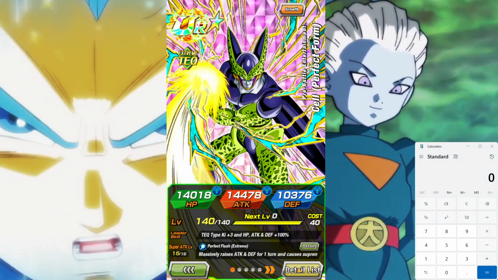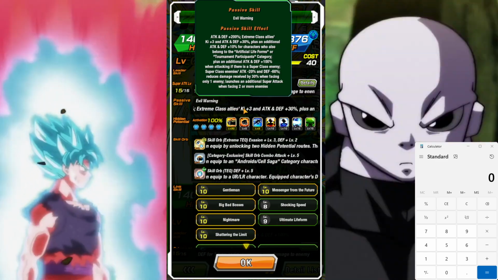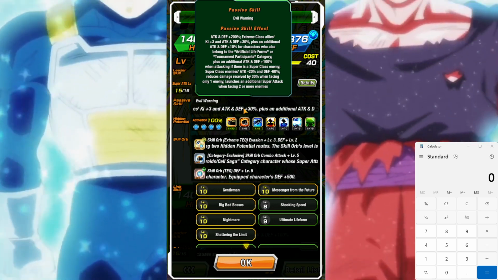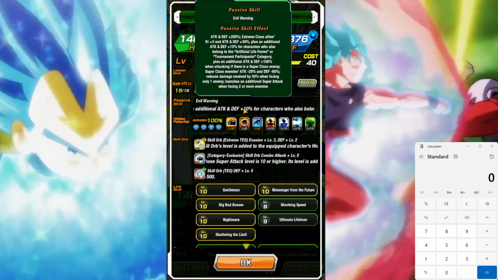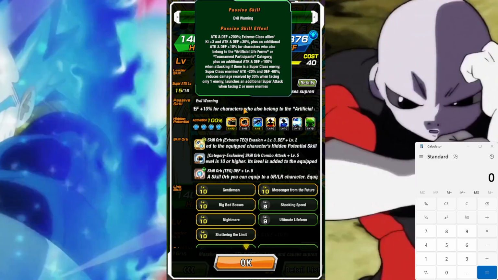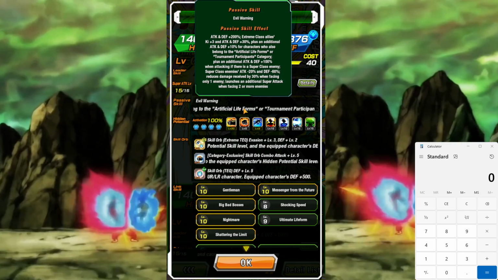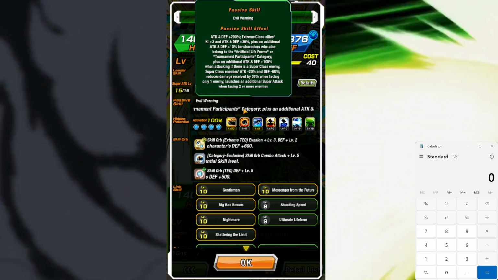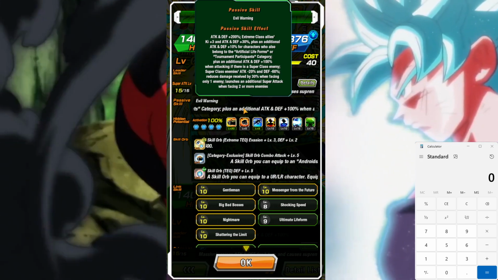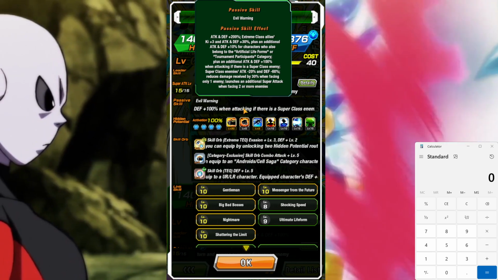Now, Cell, real quick, let me go over this. He gets 200% to stats. He supports 30% and then 10% to artificial life forms or tournament participants, so he's getting 40% to himself. He gets another 100% to stats when he attacks a superclass enemy, and he gets 30% damage reduction when facing one enemy only. Launches an additional super when facing 2 or more. Those additional supers can build up pretty big. So, with that said,